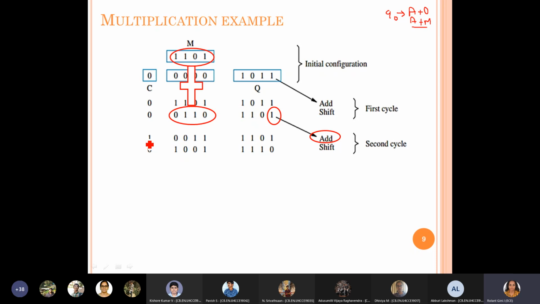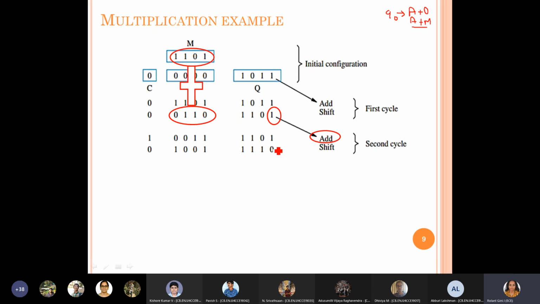So the second cycle, first operation addition is over. Once addition is over, again you go for shifting the C value, A value and Q value together one bit right. At the end of shifting you can see the shifted value in A and Q.